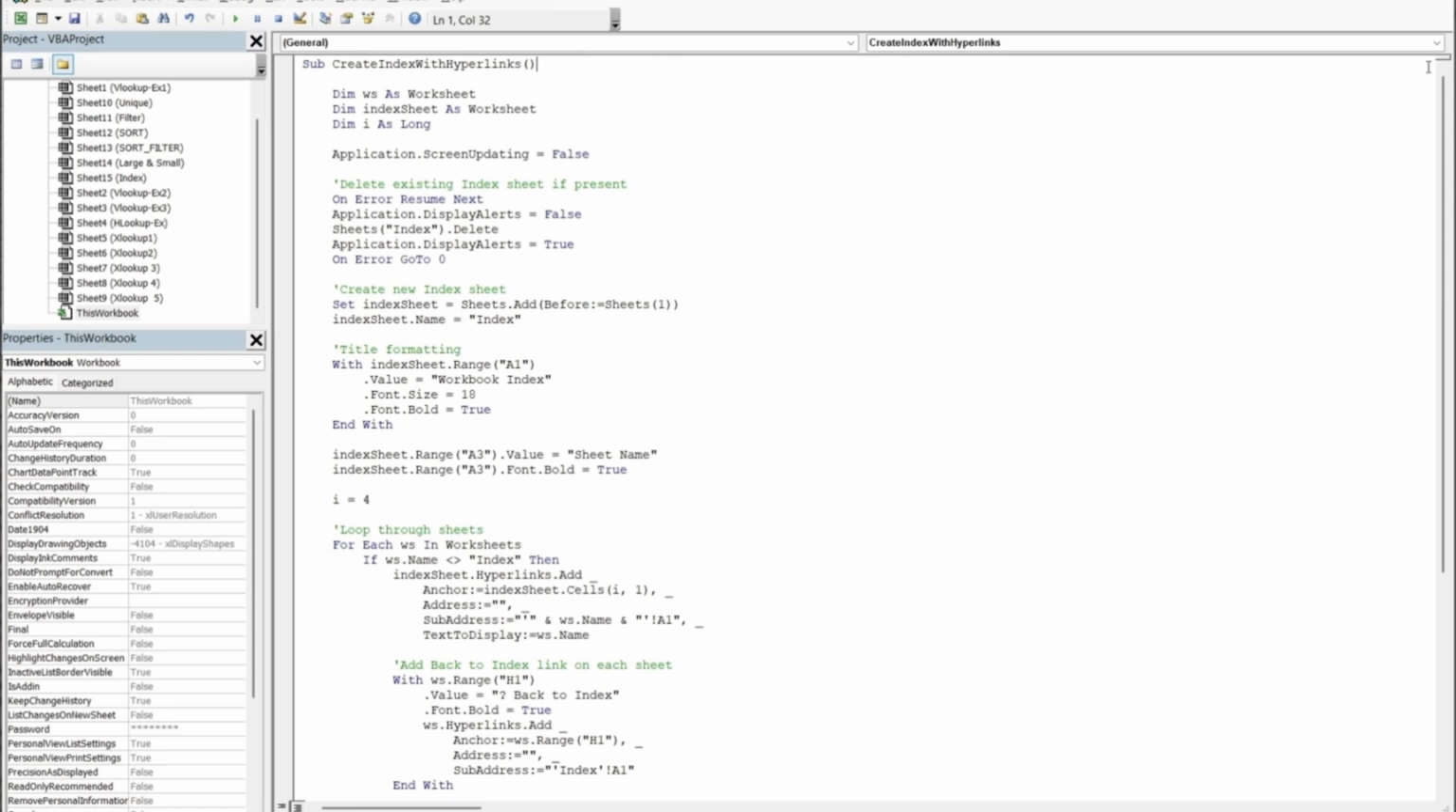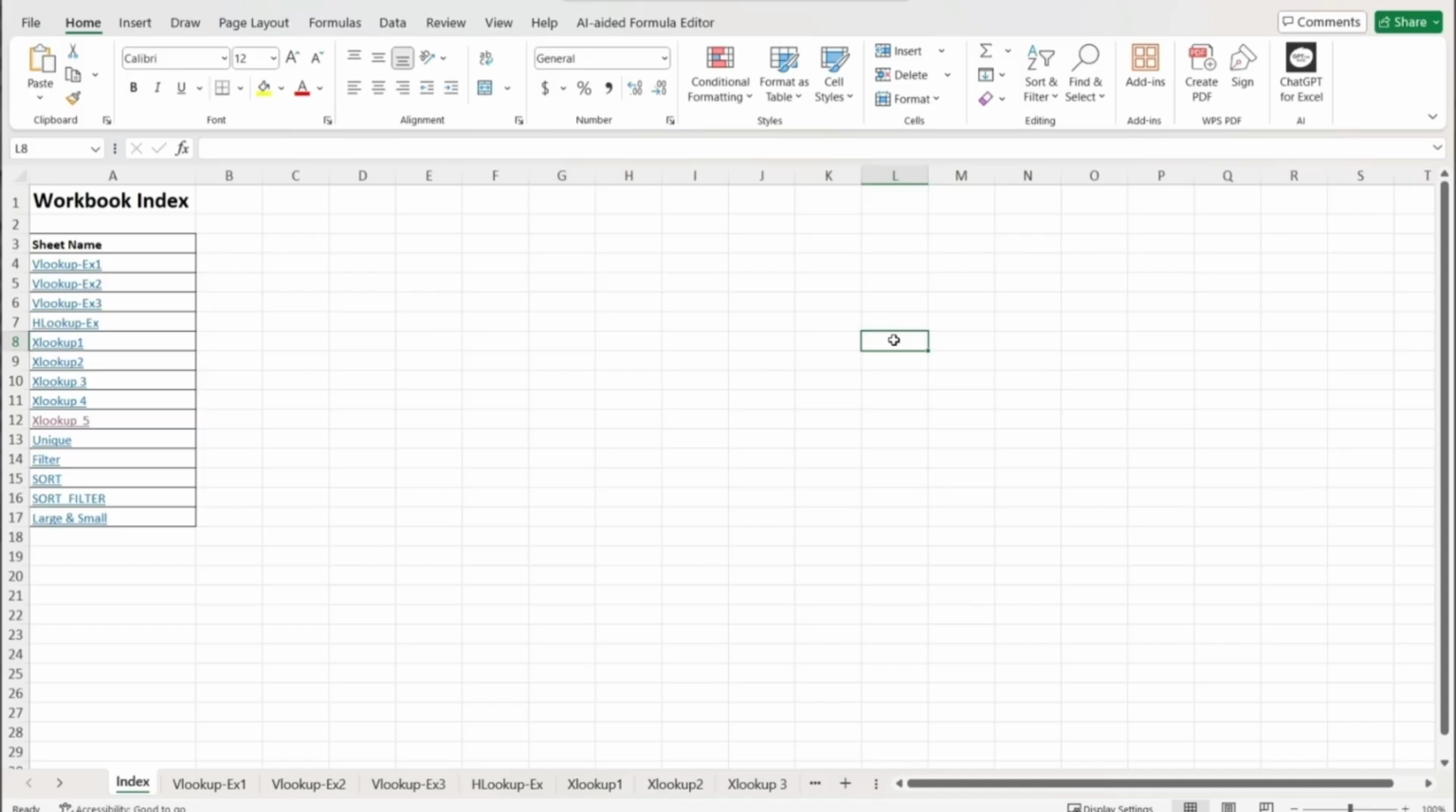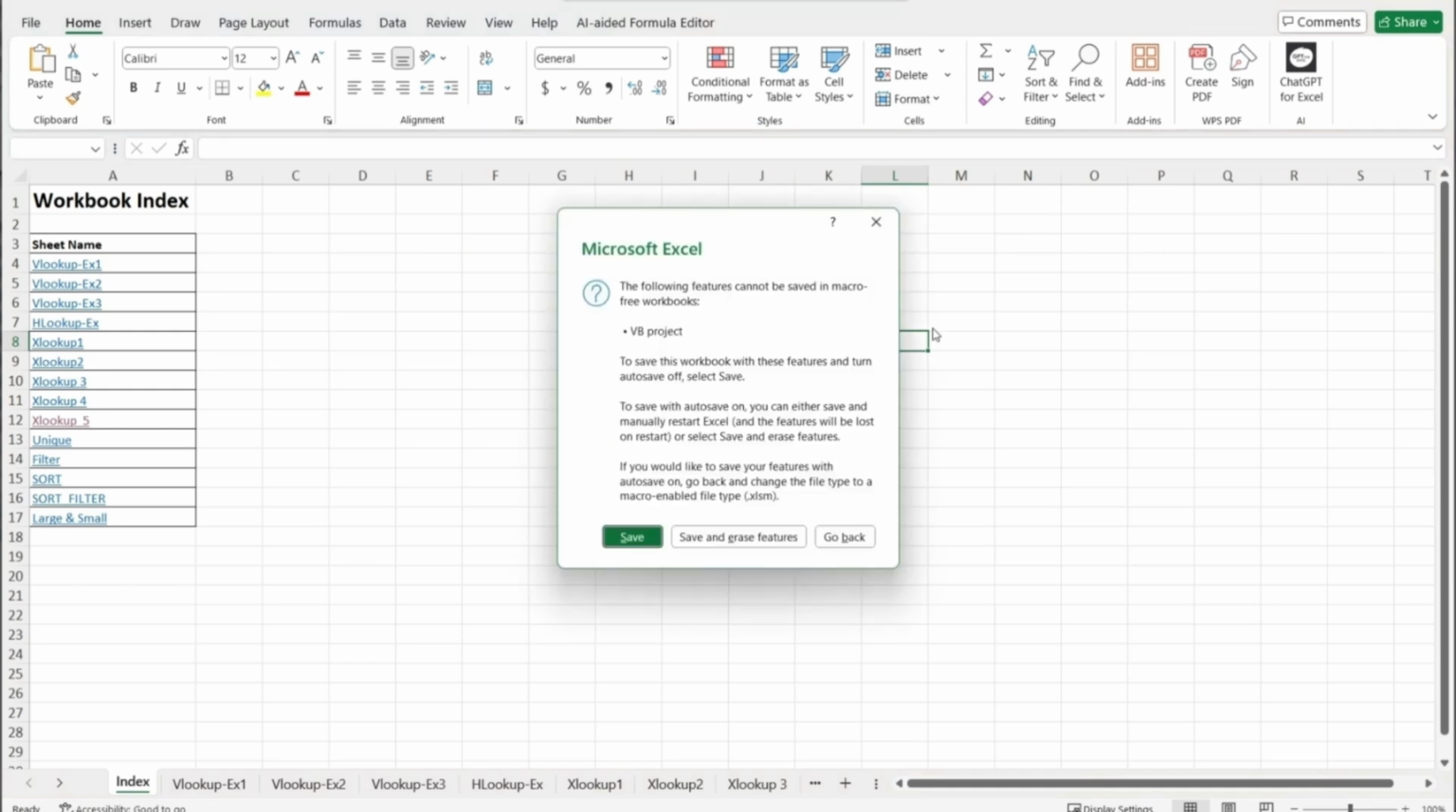Now let's save this file, so we'll press the shortcut Control and S. Since this workbook has a macro, we get this screen saying that the following feature cannot be saved in a macro-free workbook. This means that we will have to save this file as a macro enabled file type, .xlsm. So I'll click go back,